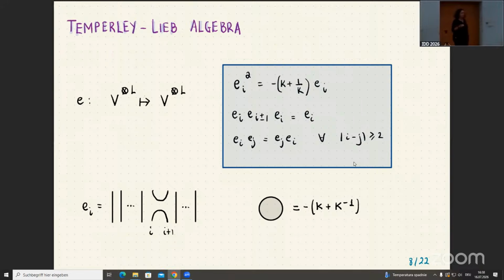They appear in many things, like knots, like the Jones polynomial. They have very nice structure. And one of the things you notice is that you can use graphical relations for them. You can represent an E_i as this kind of antisymmetrizer, in the positions i and i plus 1. So it acts non-trivially only on these two sites, and basically identity everywhere else. The other thing I have to tell you is that this bubble is always a number. So with these two definitions, you can start checking these things